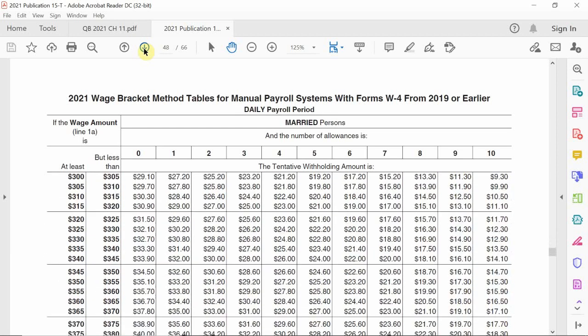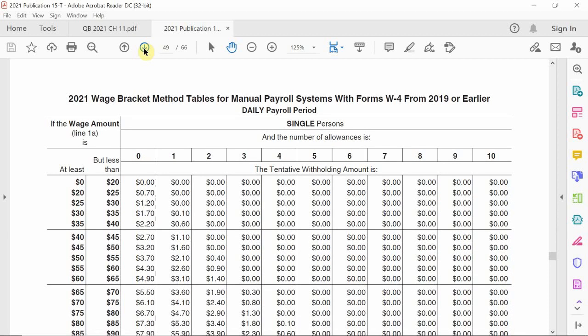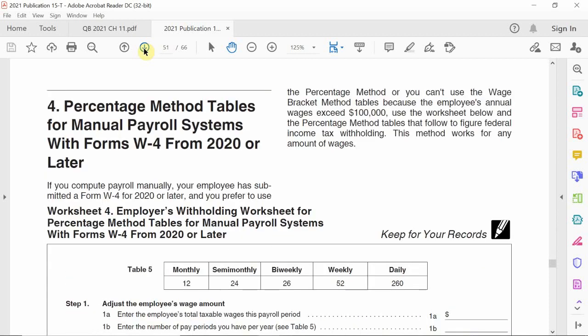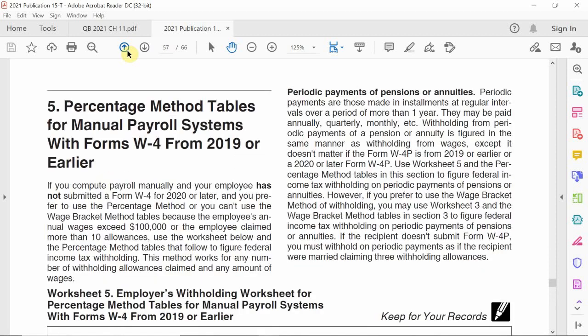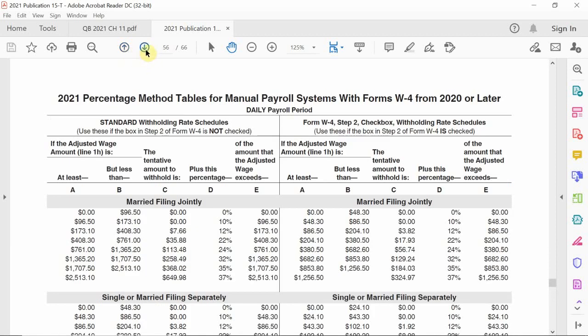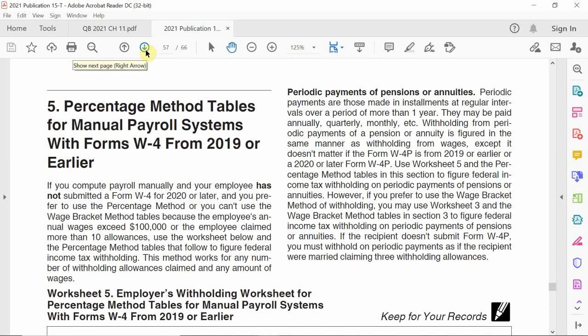Now, in this case, Katie has been working for us since 2008, and she's never changed her form. So in this case, I have the percentage method if she's submitted a W-4 form for 2020 or later. In this case, no, she submitted a 2018 form. So I need to go to, I think it's this table right here. This table here, which is the percentage method based on manual payroll system for forms W-4 for 2019 or